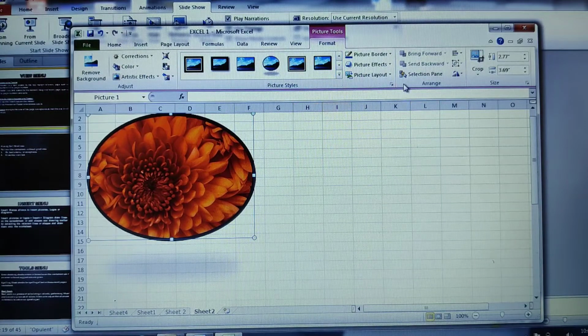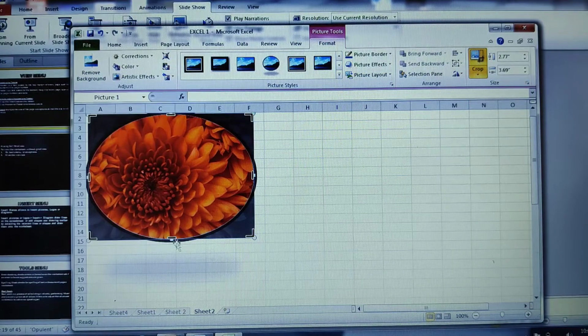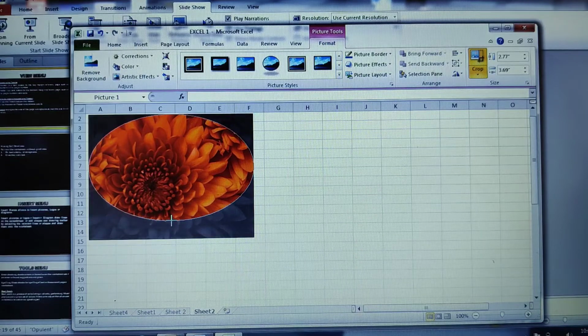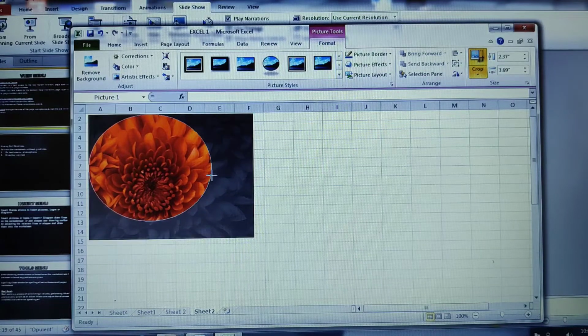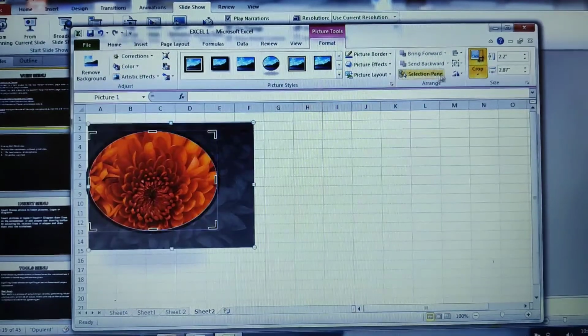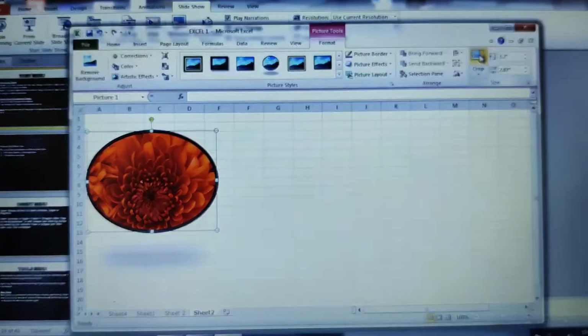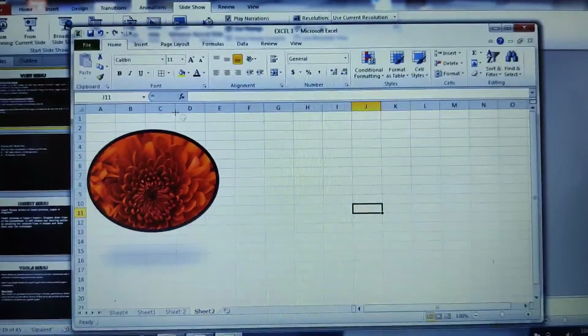You can even crop your picture. Okay, you can just click on the crop option, crop your picture how much you want. Okay, you can crop like this. You just need to crop the way you would like to, just crop like this. See, you can crop your pictures.